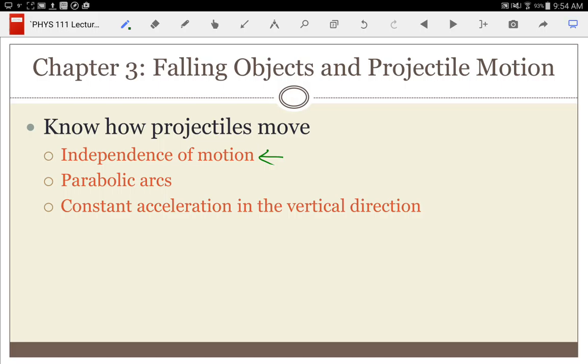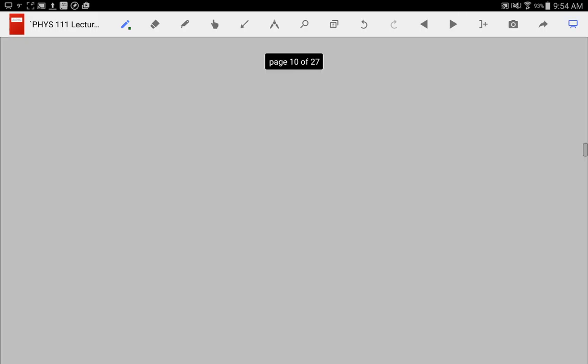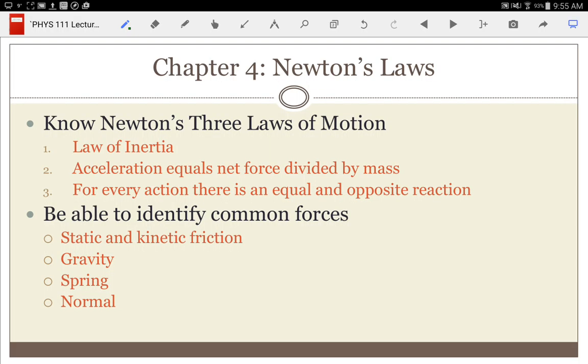Okay. We're ready to move on to chapter 4 already. Newton's laws. Super, super important for physics. When you're talking about mechanics, you're in the realm of Newton. Newton did his 3 laws. The first law, the law of inertia, says that an object will stay in constant motion. That means constant velocity, unless a force acts on it to change it. The second law just puts that into an equation